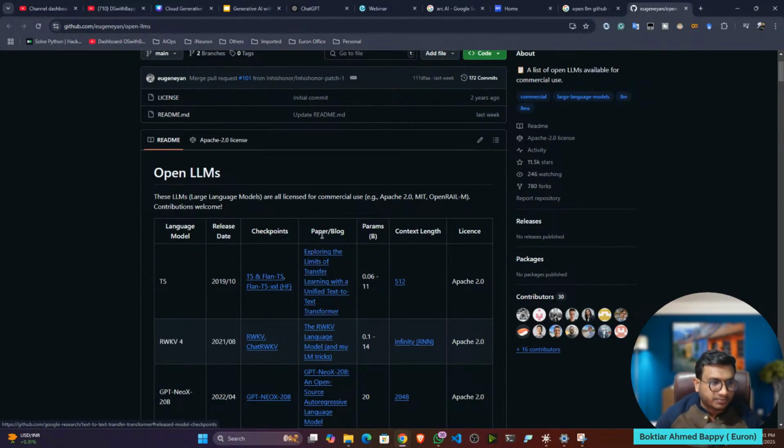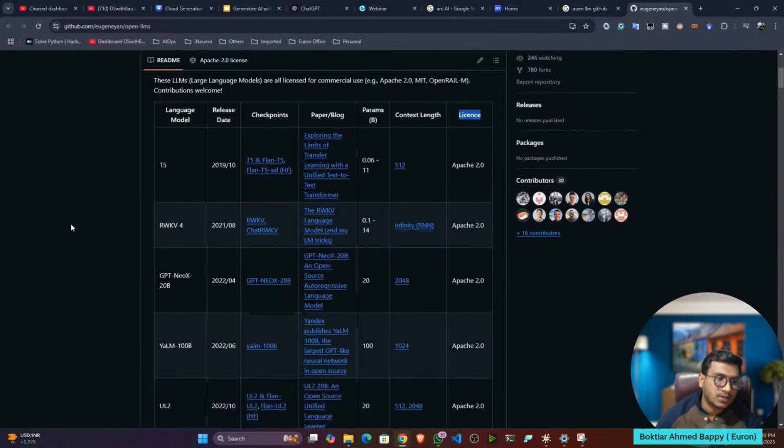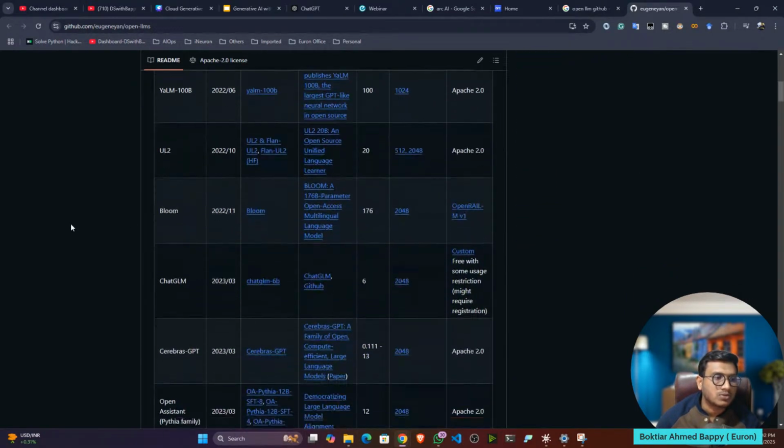If you want to read the articles or the paper about a model, he has given that particular link. You can also see the model parameters, the context length of the model, and the license of the model. That's how you can see it has different open source large language models.